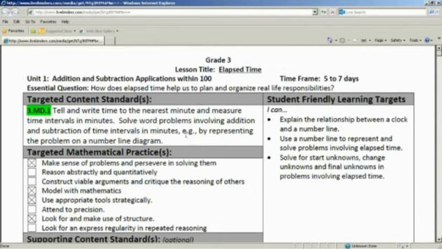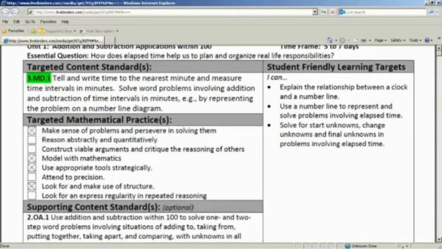Now, keep in mind the previous slides, just prior to this, we were looking at the assessment, as that is step 2 in the backward design process. And we just looked at an assessment that would, in fact, assess the standard. I like how the student-friendly targets are written in this column. Not only is it beneficial for students, but it's also beneficial for parents who might have difficulty understanding the mathematical language.